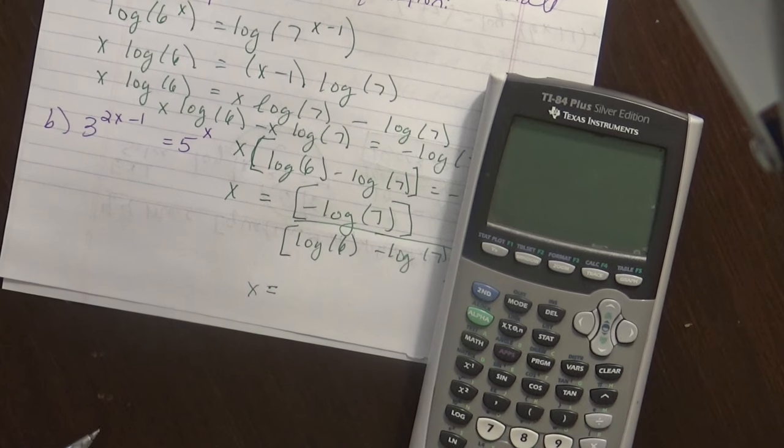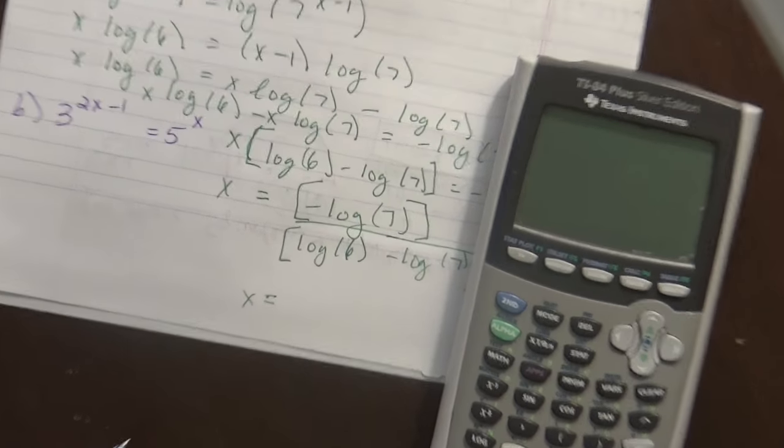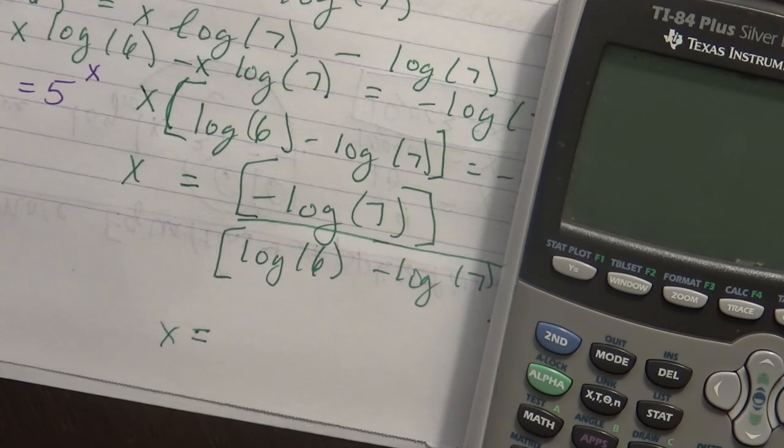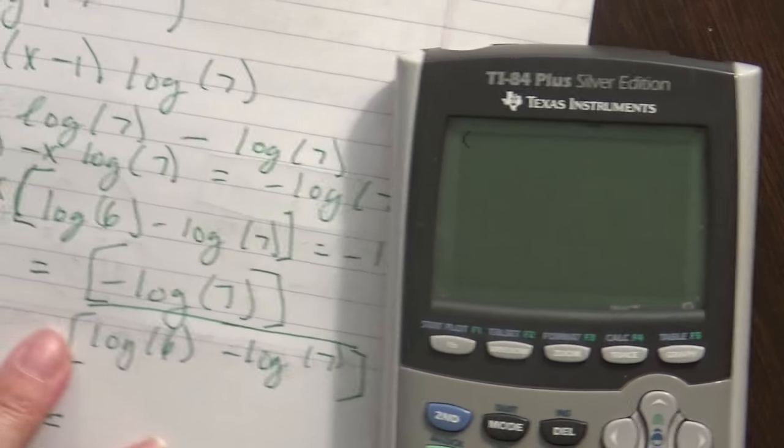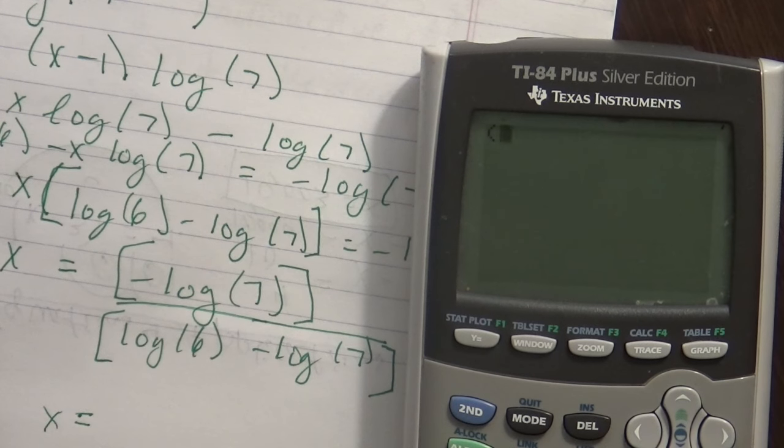So again, let's zoom this in again. Numerator, I need parentheses, negative log 7. Alright, close the parentheses 2 times. Divide, open parentheses, log 6, close parentheses, minus log 7, close parentheses, and close parentheses again. That gives me